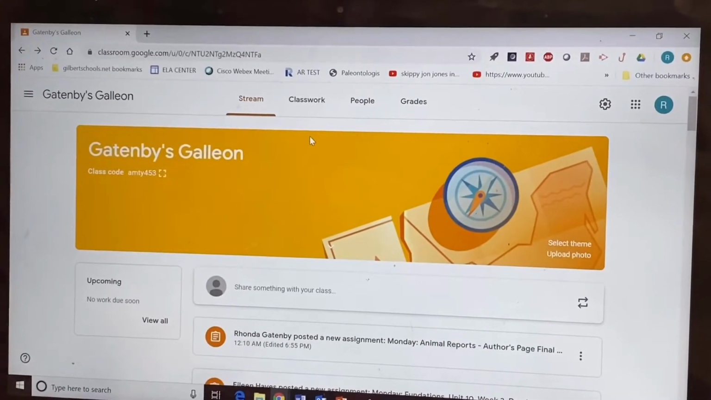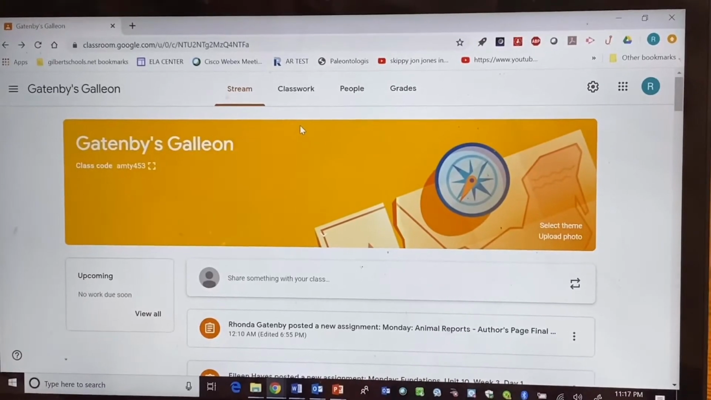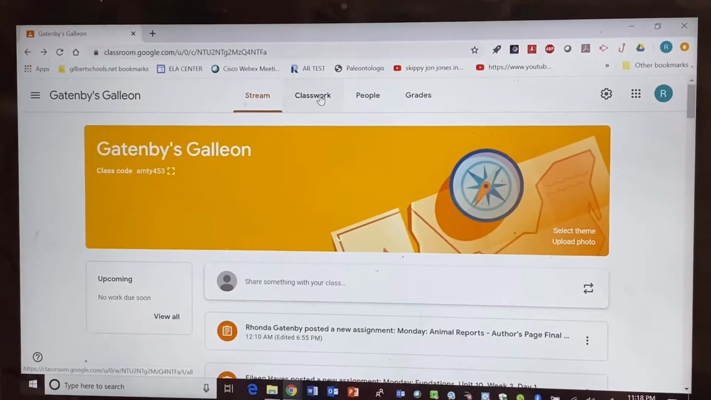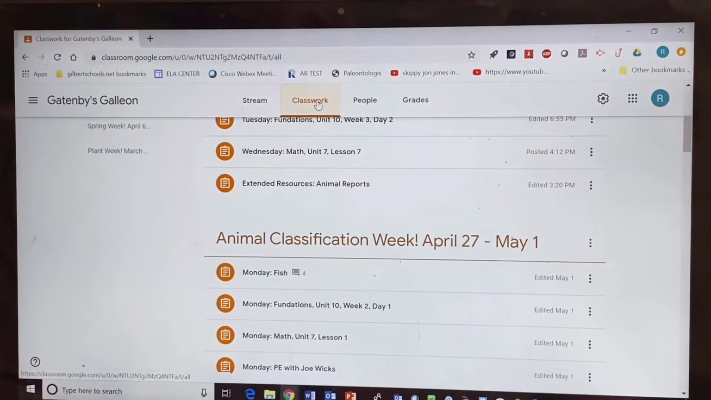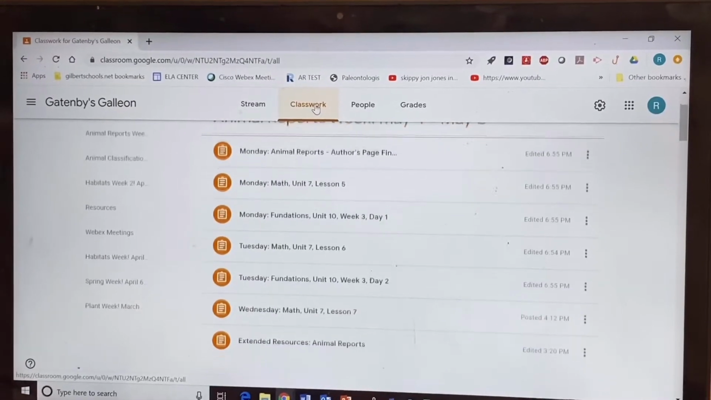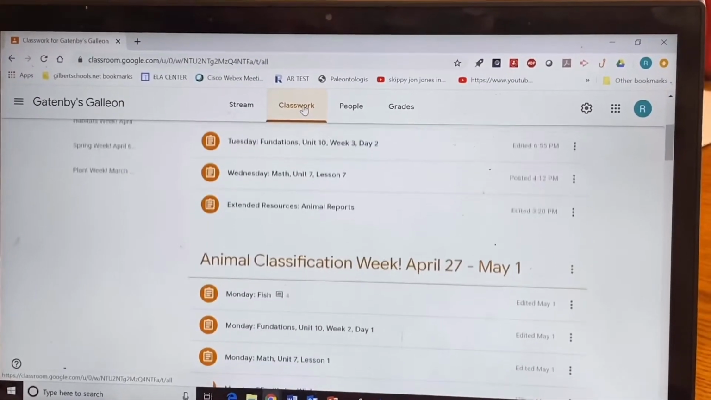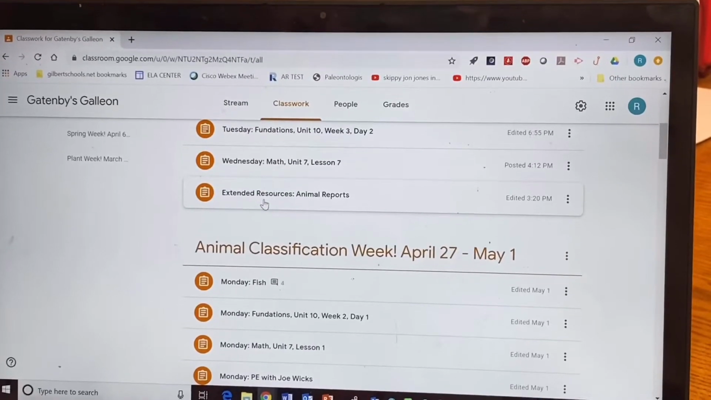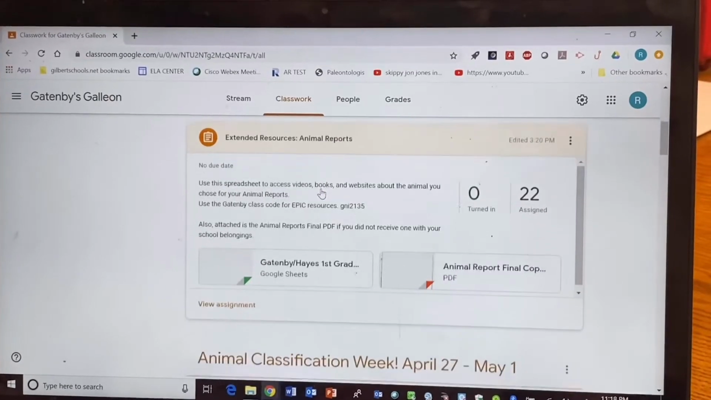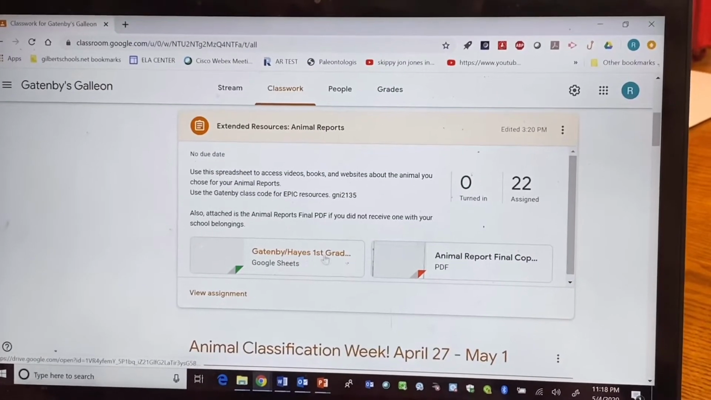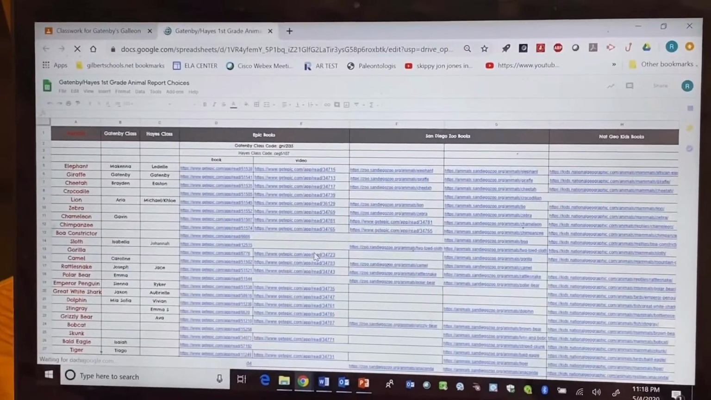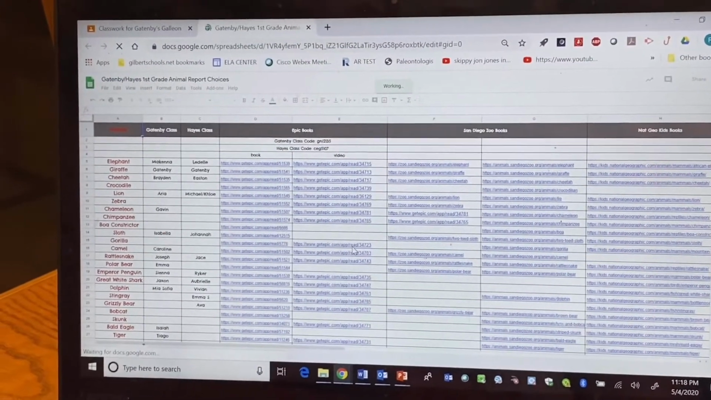Now, to do your research, you're going to need to log into our Google Classroom. Then go to the classwork page. And then come down here, Animal Report Weeks, May 4th through the 8th. Come all the way down here to the extended resources. At the bottom, this says Animal Reports. Then you're going to click on this Gatenby Hayes first grade link, and that will take you to a spreadsheet with all the links for where you can